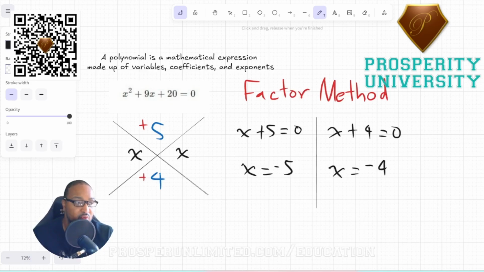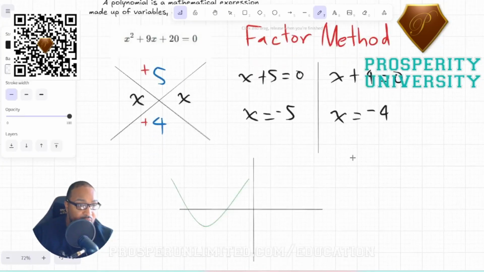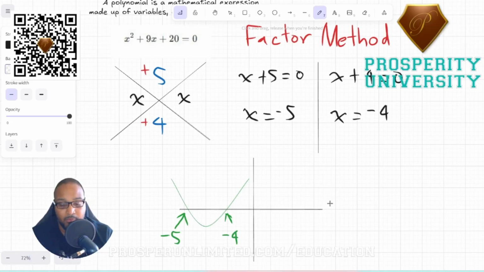So once again, if you were to graph this, you would see that it crosses the x-axis twice, once at -5 and once at -4. So my favorite quote is, if you get the math, you get the graph, right? If you get the math, you get the graph. So just based on these answers alone,